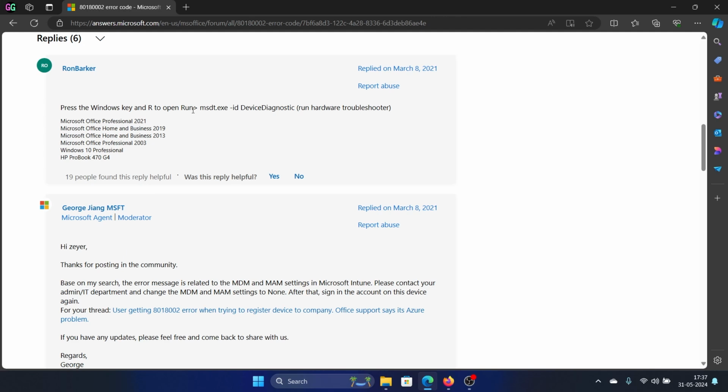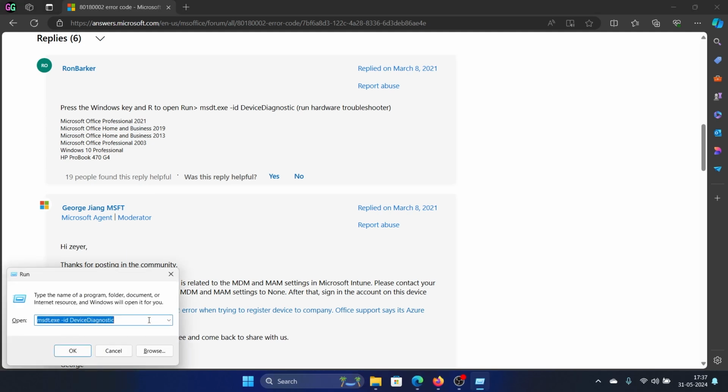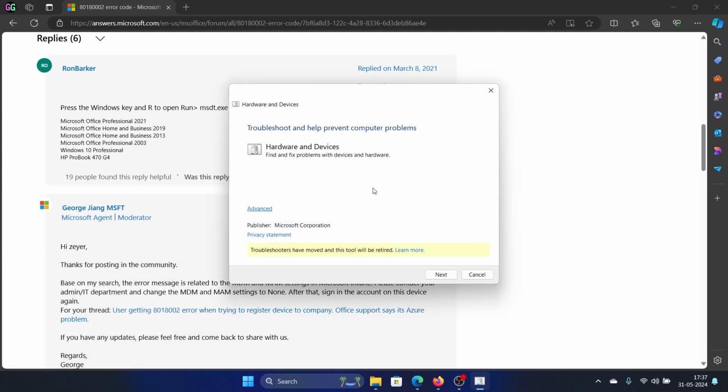But what if you are using a home computer? In that case, press the Windows key and the R button together. Type the command msdt.exe -id DeviceDiagnostic. This will launch the hardware and devices troubleshooter. So click on OK and it will launch the hardware and devices troubleshooter, and then click on next and it